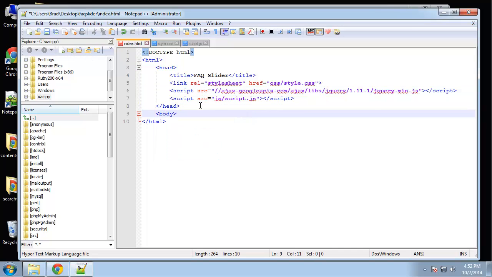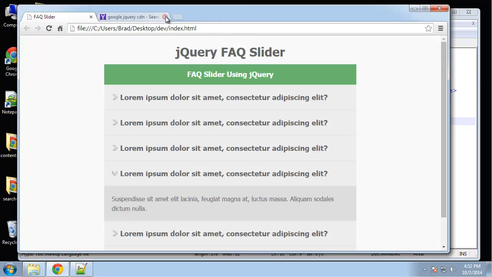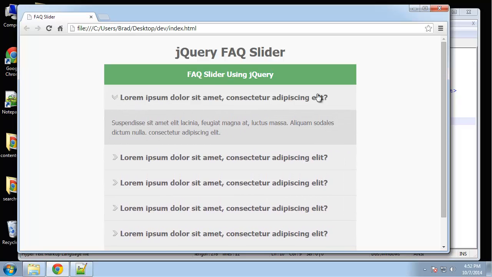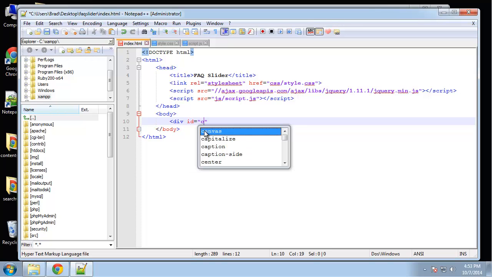And the body. Alright, so what we're going to do is, if we look at the project, let's look at the slider. We're going to have a container that's going to wrap around everything. Then we have an H1 here, and we'll have a div here for this title. And then this is going to be an unordered list, and each one will be an li tag with the class of Q for question, and the next li with the class of A. So it'll just rotate QA, QA. Alright, so pretty easy. So we want a div ID of container,